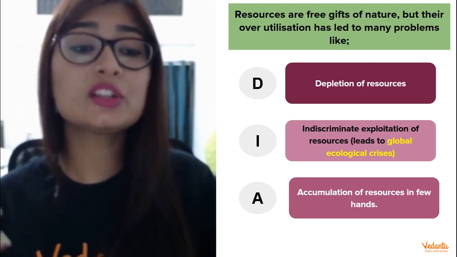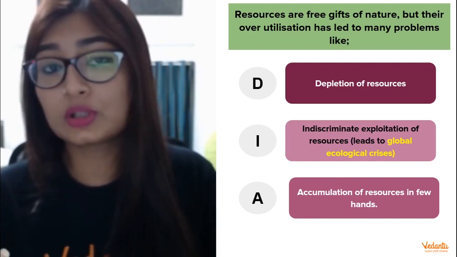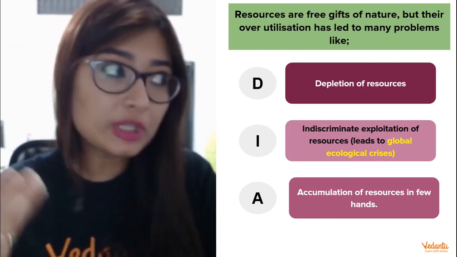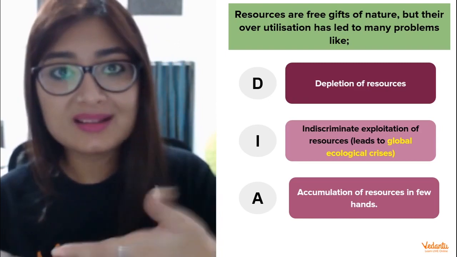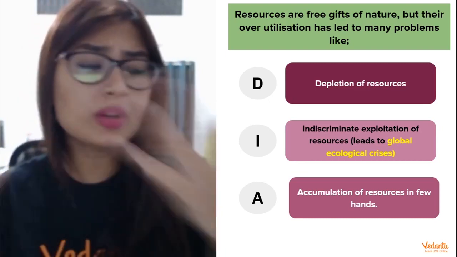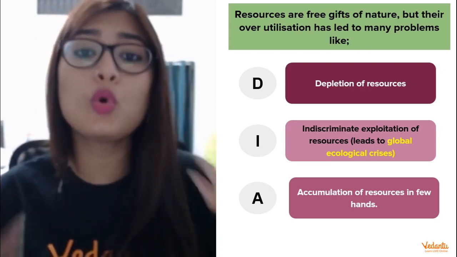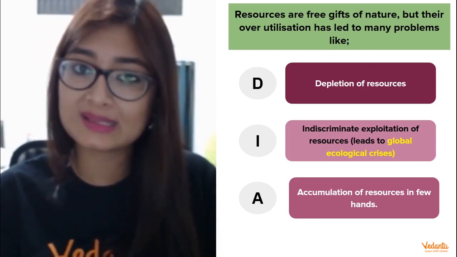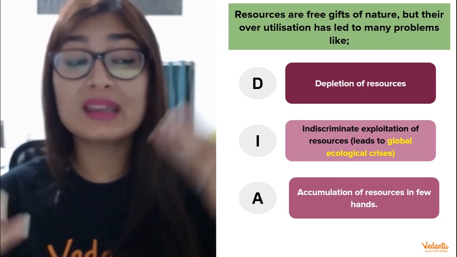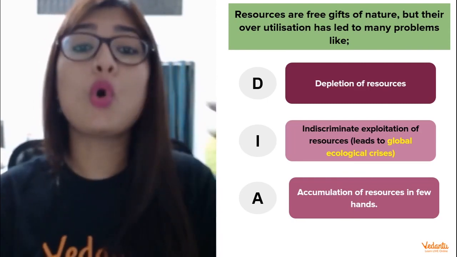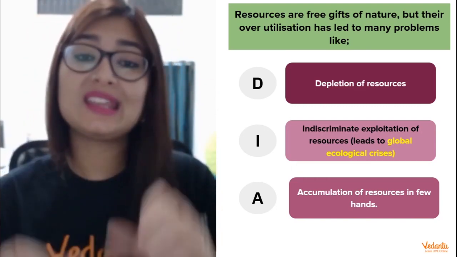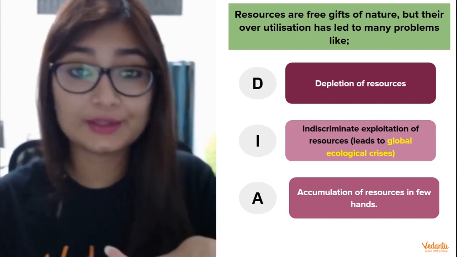And these are leading to a global ecological crisis, such as global warming and pollution. The quality of the land is depleting. Water pollution is happening. Air pollution is happening. So many crises are taking place and being born because of all of this, because of our greed as humans, because of us taking these resources for granted.